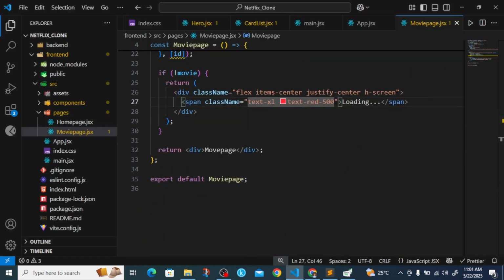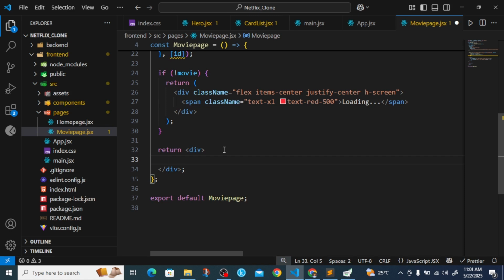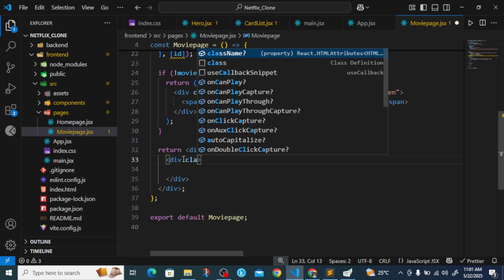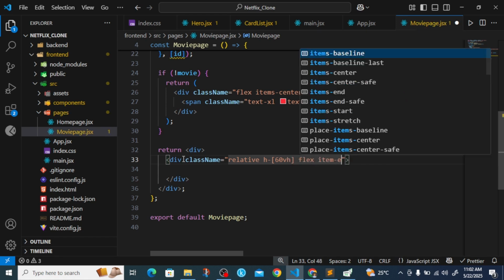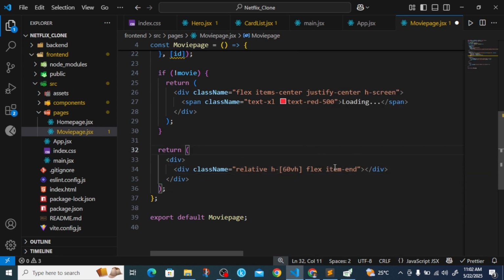Now we'll start designing the full movie page. So for that, we'll get rid of this stuff here. We'll create a new div where we'll add the movie background. So inside this div, we'll give this div a class name of relative, and then a height of 60 view height, and flex, give it items-end, just like this. Yeah, and then to give it a background,